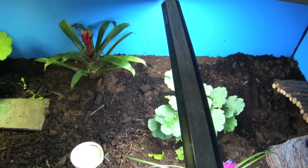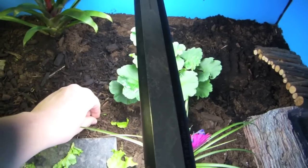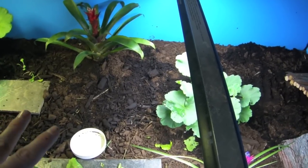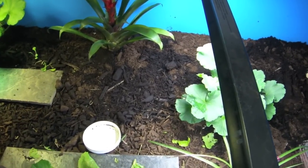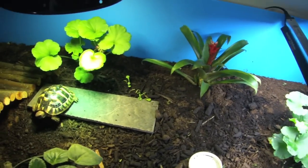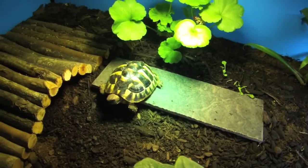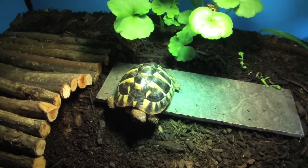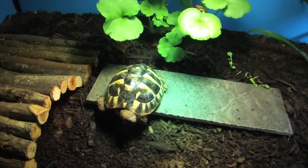It's moist under the table. Generally the top area is a little dry, but the underneath is moist, so the plants can grow and do grow. Other than that, I don't really have too much to say about him, but he is growing a ton. If you go back to the first month I got him, which is coming on a year now, I think I got him in June,